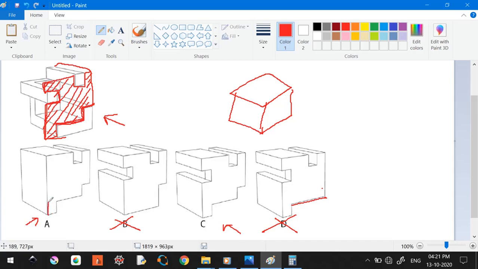So let's say this is 1 step, 2nd, 3rd step. I need to have a cut here before I see this part. So this cut is missing, right? So only if the cut is provided, then I can slide this part into this hole, right? Which is not available here, so I have to eliminate this. And yes, it is available here.